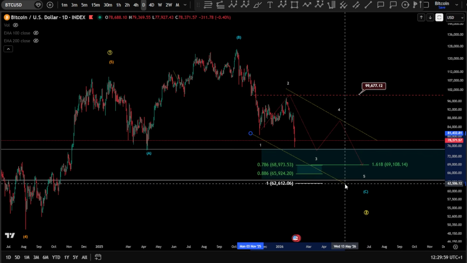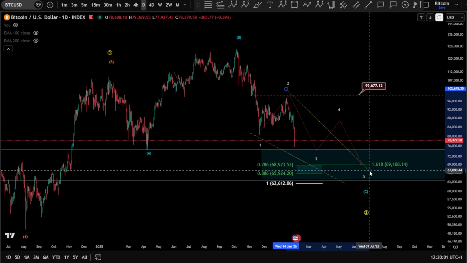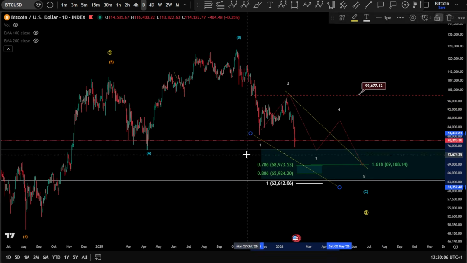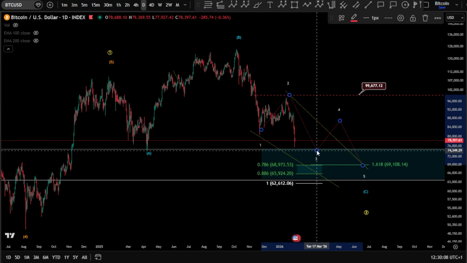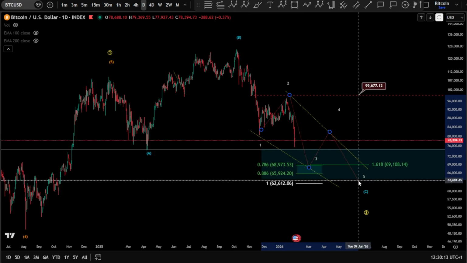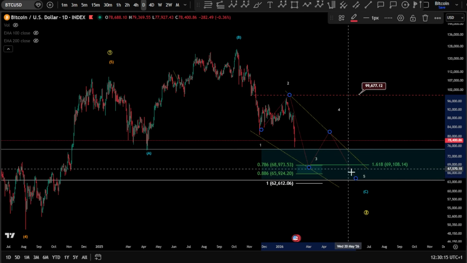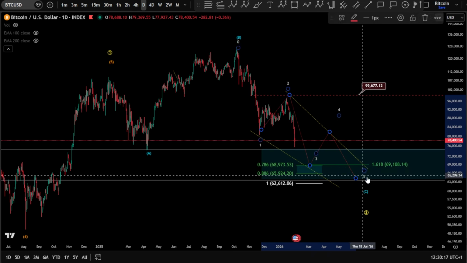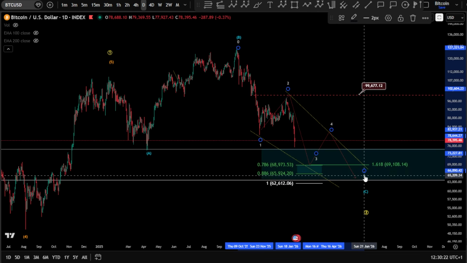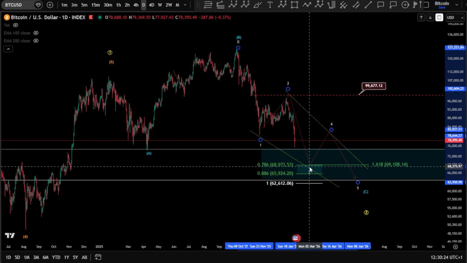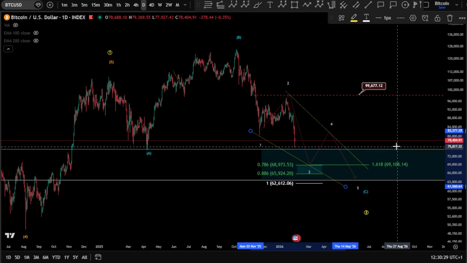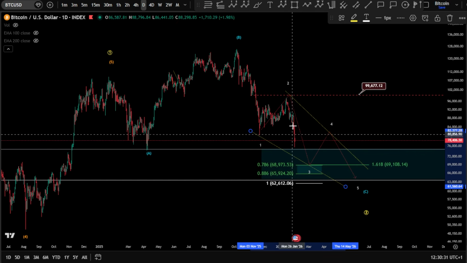So I'm suggesting here, not an extension, but actually a more aggressive ending diagonal for a wave 3, unfolding there, and a transformation of this ending diagonal to this form, which might give a wave 5 lower later on, and can even reach the 67k as we mentioned on the daily. So I'm bringing this ending diagonal to be more aggressive again due to this possibility.